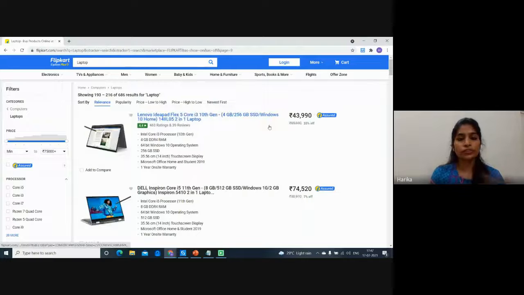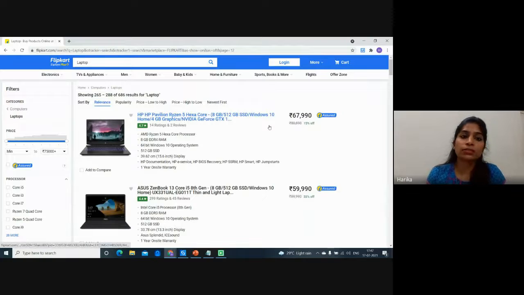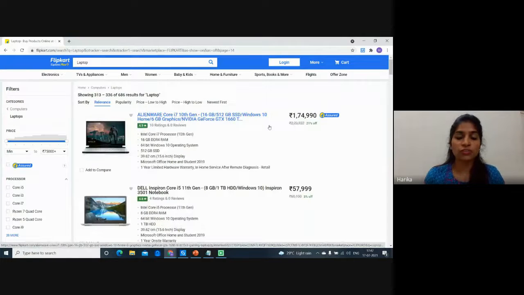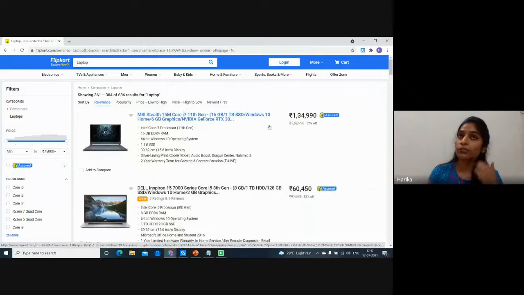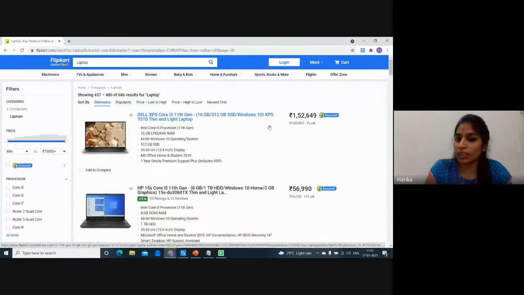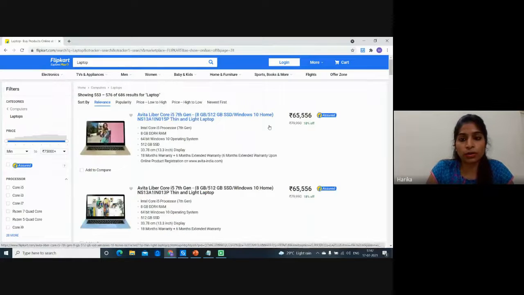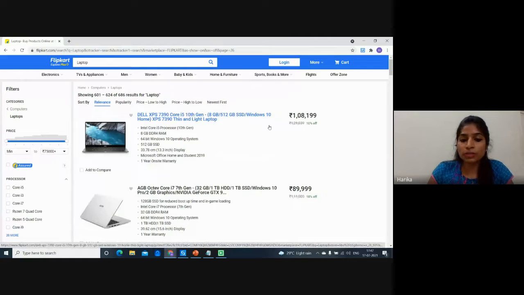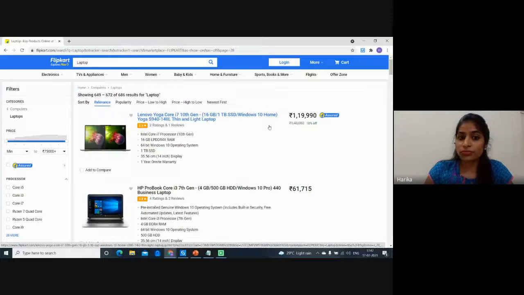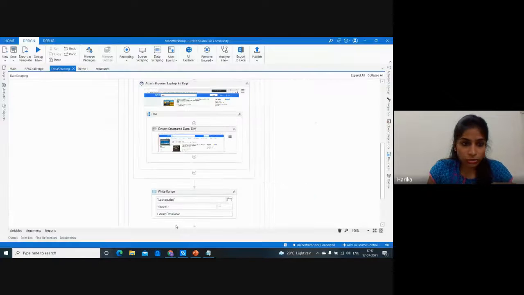Just imagine a person doing this, or you writing a script for it. Let's say Python is the easiest programming language, which has many standard libraries. I have worked on Java and also in Python, so you can implement your code in Python very easily. But to do this piece of work, you really have to write so many lines of programming, right? But if you just observe here, we have created the workflow very quickly. It hasn't taken more than 5 minutes, right? The code is also very simple, and we are done with execution.